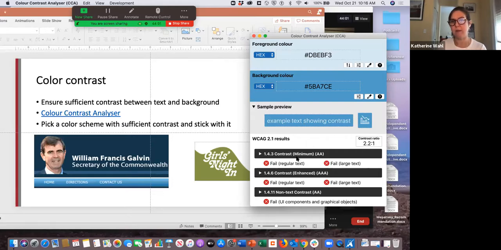It tells me that it fails the contrast for WCAG 2.1 AA, which is the standard that we follow. And it fails for regular text and large text. And it tells me here what the contrast ratio is. And I believe that the contrast ratio should be 4.5:1, and 3:1 for large text. So I can try to darken the color, I can find out what a matching color would be. But I find this to be a really nice, simple tool to use.